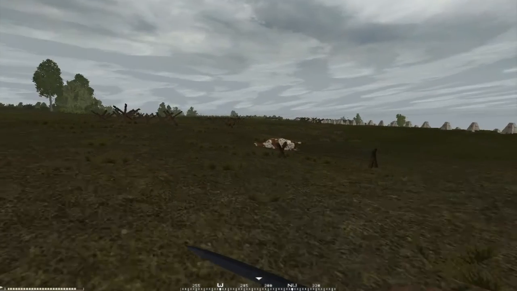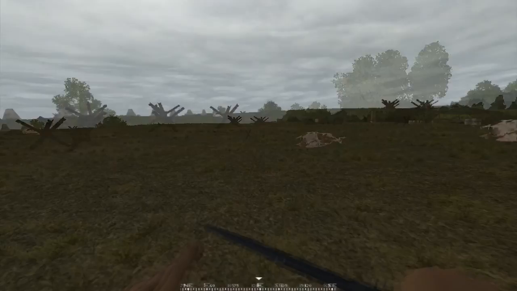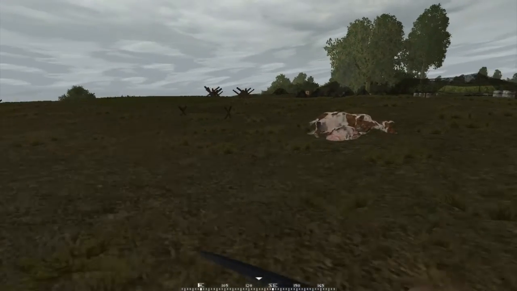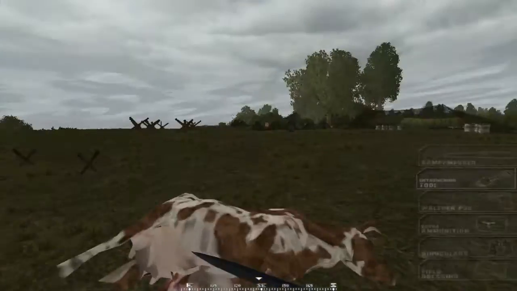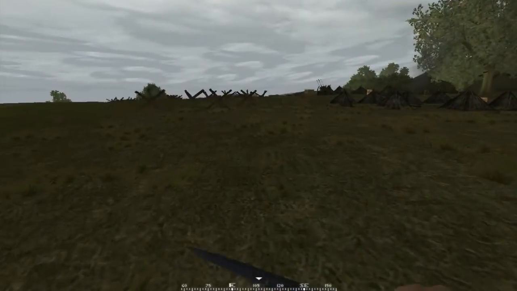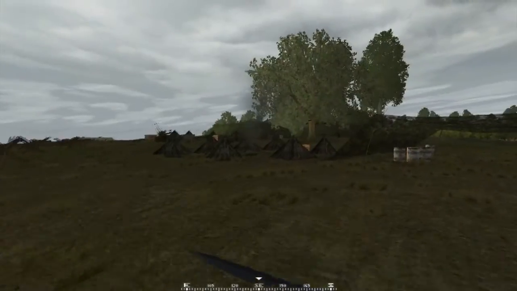Death Valley, pretty much. Not Death Valley, more like an open field section, slightly a bit more of a ridge, but they do have cover. Both sides will have cover and stuff like that. You got dead cows. You've got cover behind here, you got beds that you can hide behind, you got tents, stuff like that. But anyway, I'm going to...